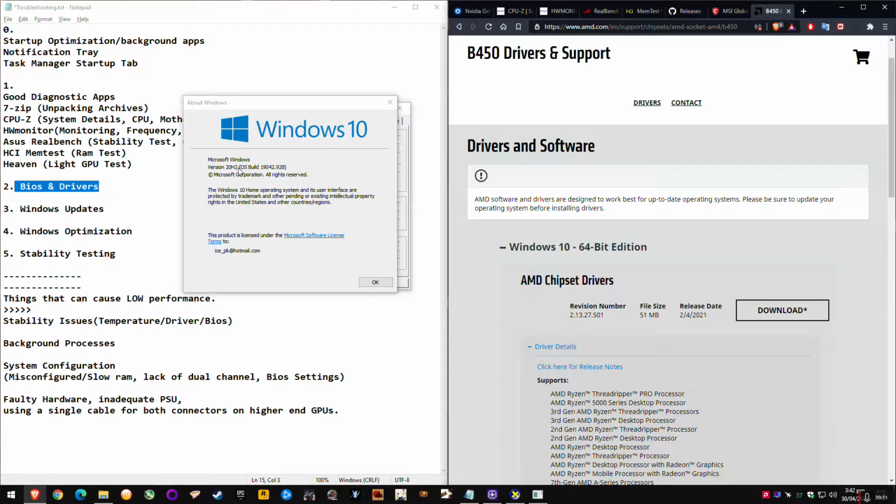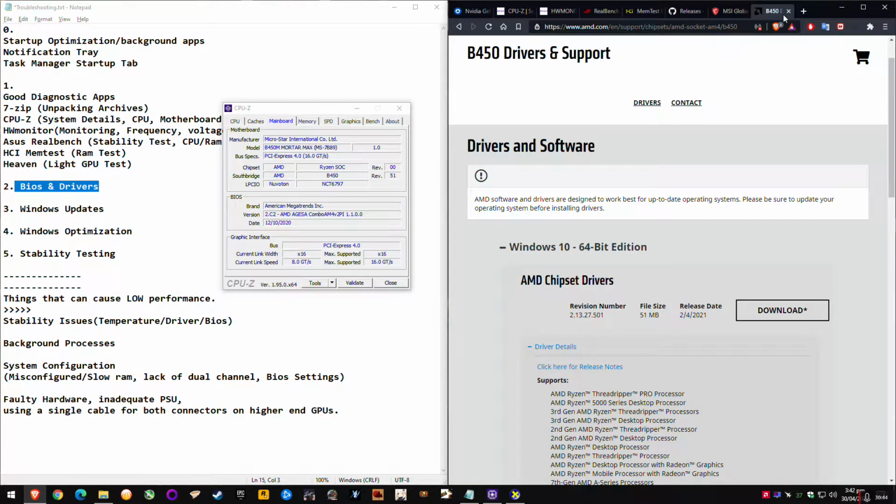So if you're running much older than 20H2, you can update it, and you can tell how old it is by looking at the build version. If you're running like 16,000 here, 160 something, then you know you're on a really old build, and you can update it. And to download an up-to-date Windows and create the installer, just go to, this is a bit off track,